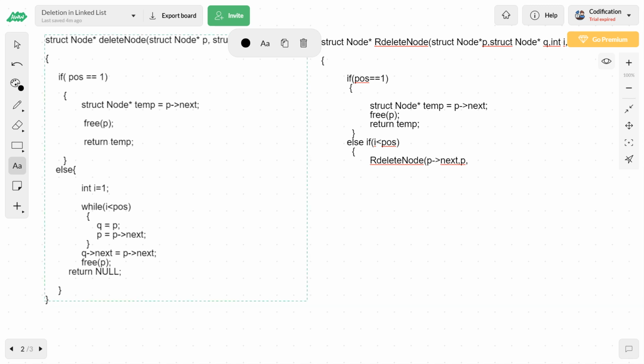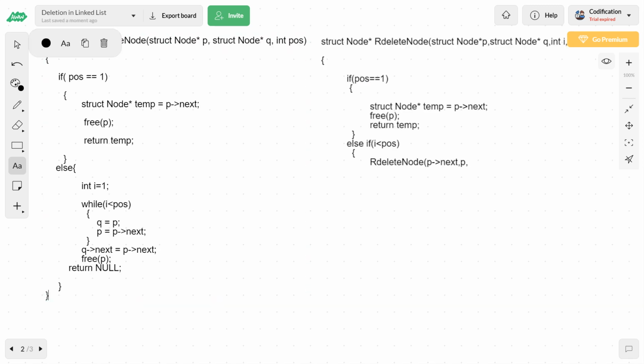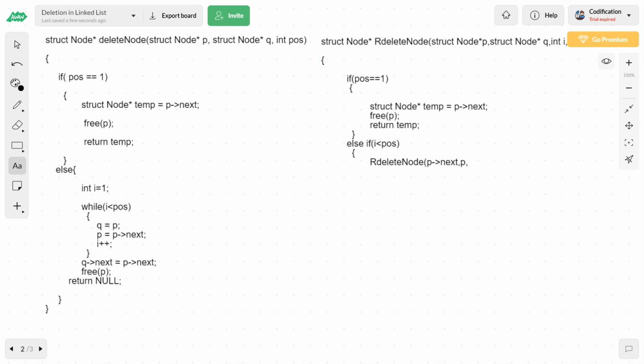Look at i. I think i has to be incremented. I think we missed it here itself. i should have been incremented one by one. What is i here? i is the current node that we are checking actually. First time the 1st node, next time the 2nd node, next time the 3rd node we will be checking. So it should be incremented every iteration. So here also i should be incremented by 1 every time this recursive call is made.